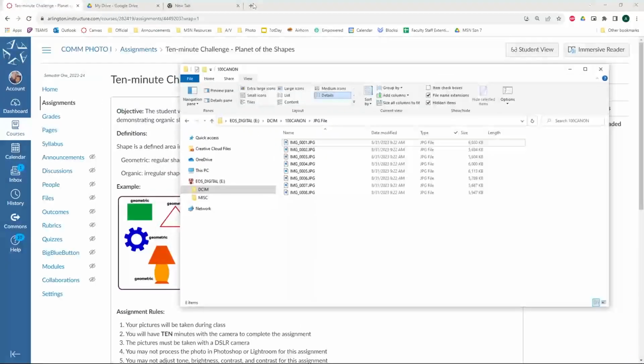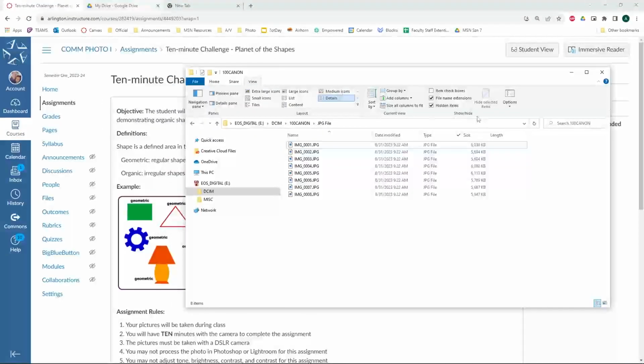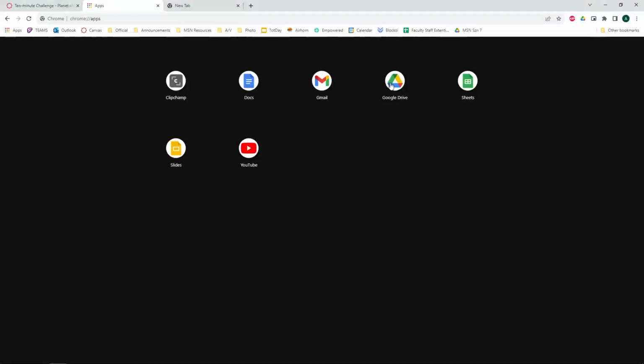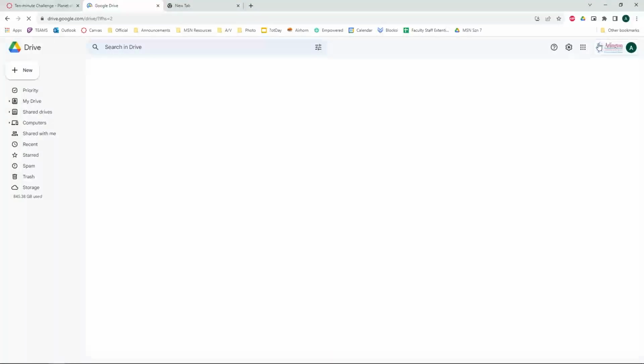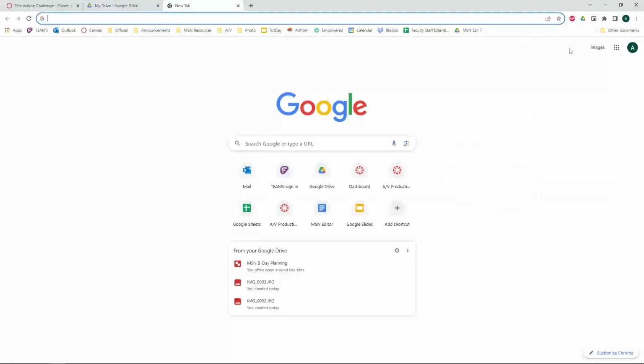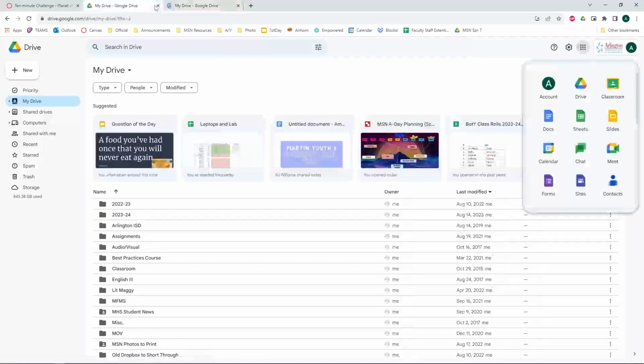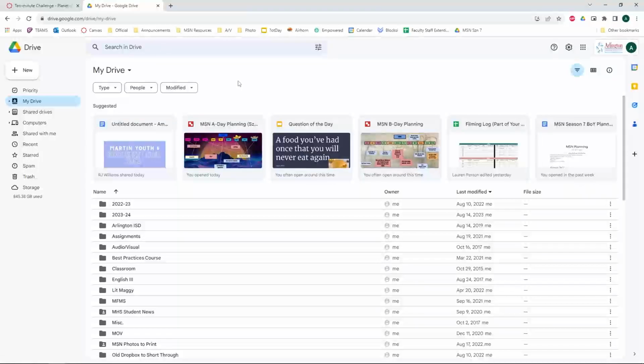Okay, so first thing I want you to do is upload these files to your Google Drive. So to do that, we're gonna get to Google Drive. You can do that by clicking Apps and go into Google Drive, or up here you might have the three dots next to your name. Either way, you're gonna end up in Google Drive. And this is just gonna be a way for you to save all of your photos and such throughout the